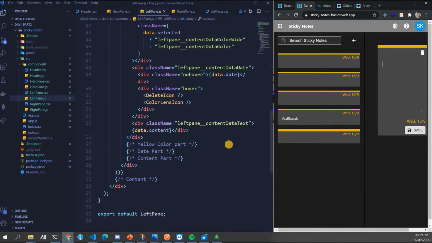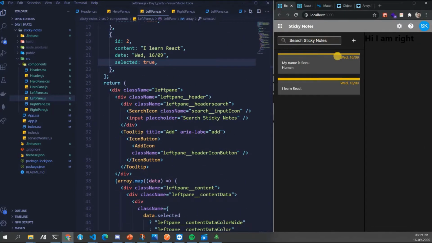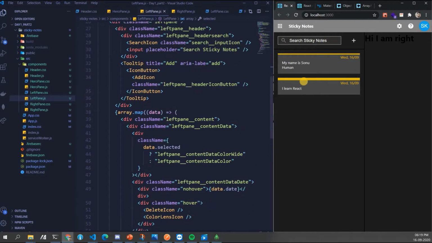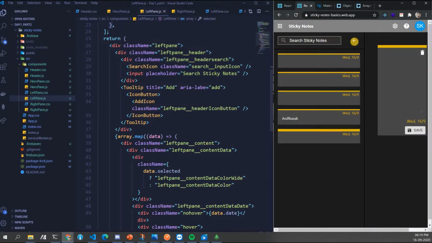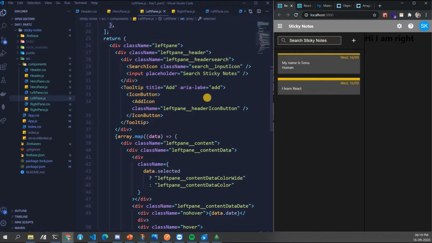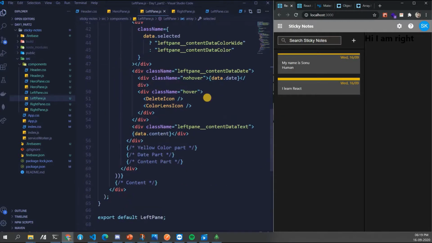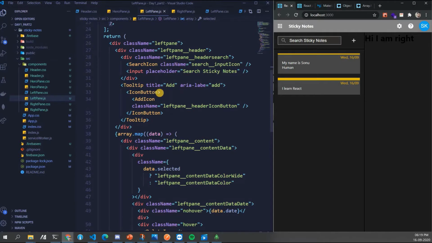Okay, so now we have this left pane over here. We have this nice left pane. So let's just do one thing. Let's see, on click of add, what should happen over here? See, on click of add, what is happening? There is a new pane coming in, right? So let's just build this. We'll just add the same type of content. So let's see where is our add button.